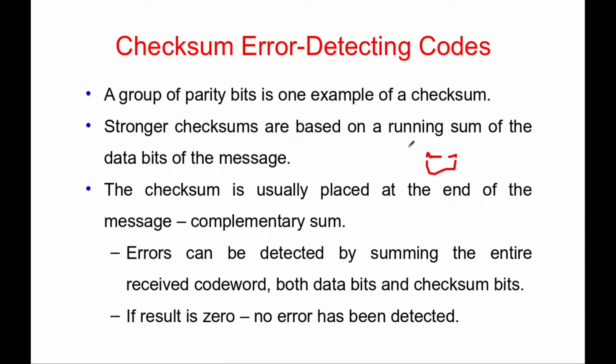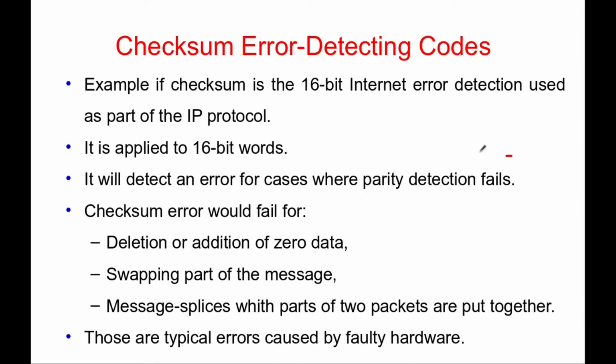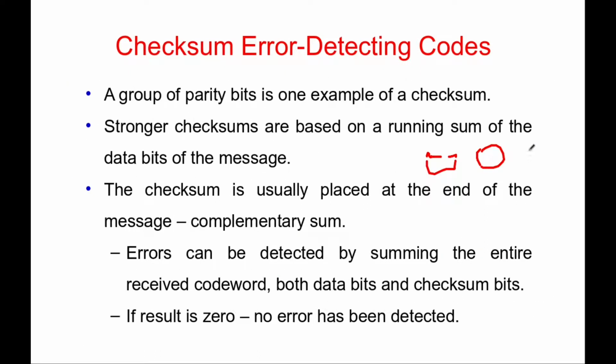Let me tell you, the data along with the checksum will be transmitted. Now the receiver will calculate the checksum once again. If the checksum happens to be 7, it will be put as the complementary, that means minus 7. So the calculated checksum plus the value of that checksum happens to be always 0. So the receiver will simply implement this procedure.